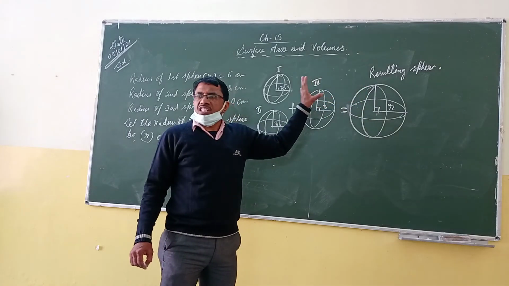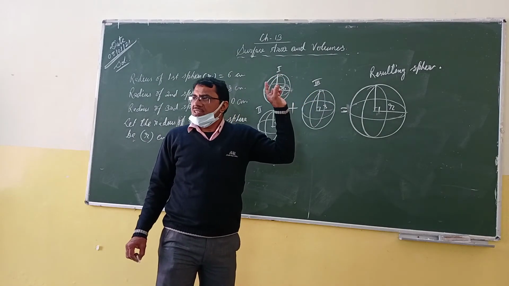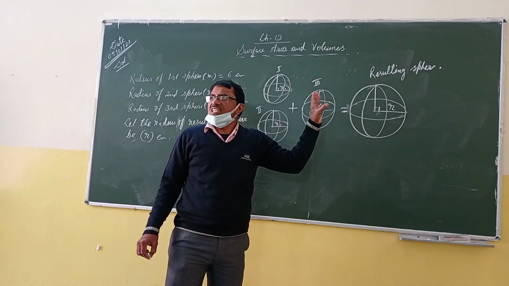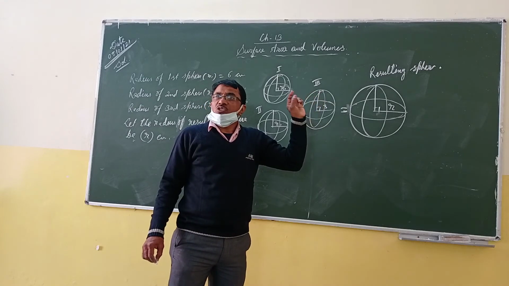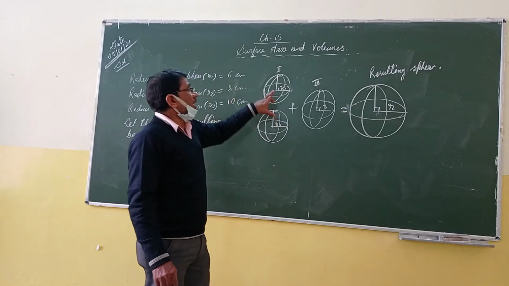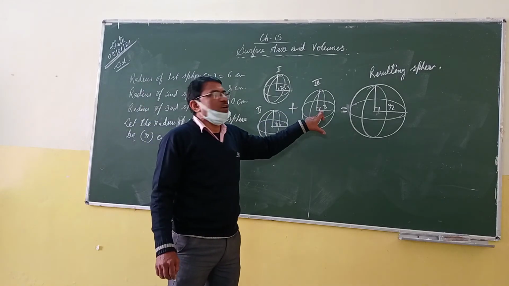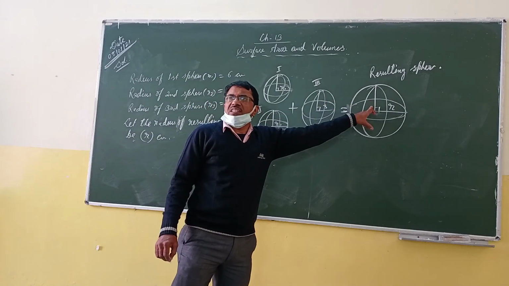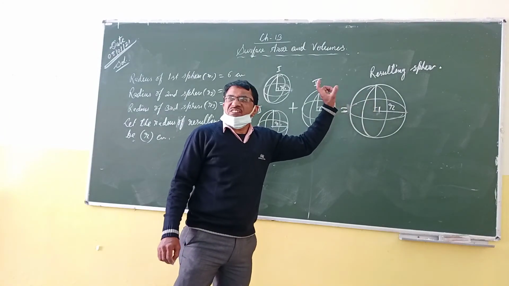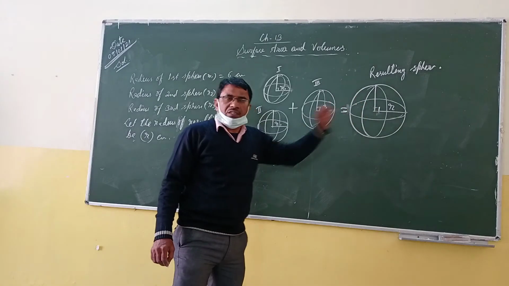So at first we write all the formula, because we shall get 4 times pi, 4 times r. All the radii are different, but pi is the same. So very easily we can cancel the pi and also 4 by 3, because the formula is 4 by 3 pi r cube. So 4 by 3 pi r cube for this sphere, for the second sphere, for the third sphere, and it is also 4 by 3 pi r cube for the resulting sphere. So what are we required to find? The resulting sphere. So at first we shall write this sphere, because we are going to find the radius of the resulting sphere.